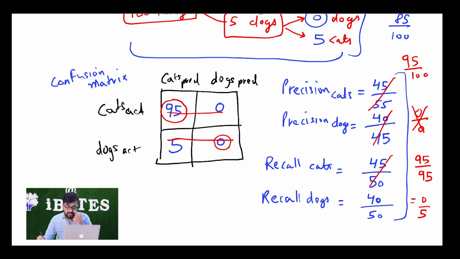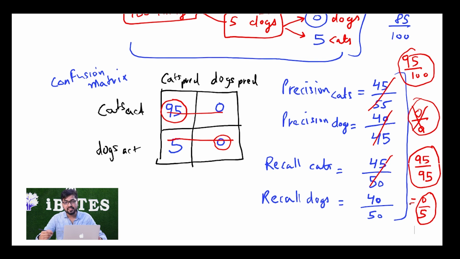So basically now I have recall for dogs as 0. Recall for cats is a very good value, I do not have to look at this, but here I am getting a very bad value. I am getting recall for dogs as 0. What that means is that my algorithm is not able to predict even a single image of a dog correctly. So in this case, even though my accuracy is very good, since one of my recalls is not good, I can say that my algorithm is very biased, so I should not be using this. In this way, precision and recall help us in preventing such errors.